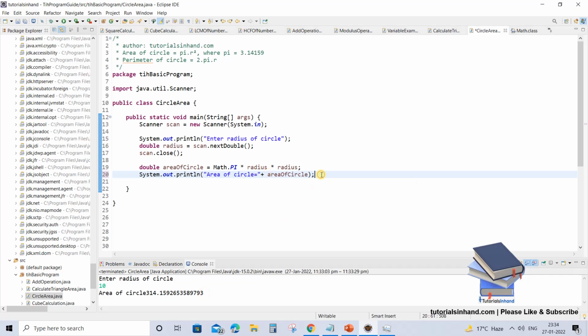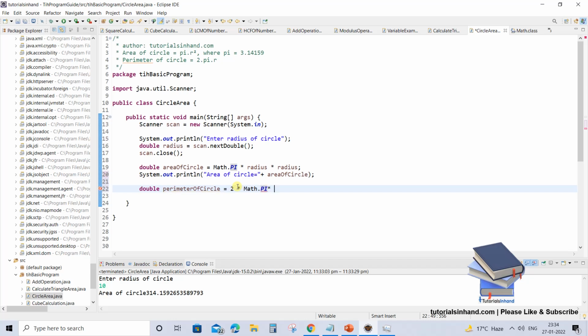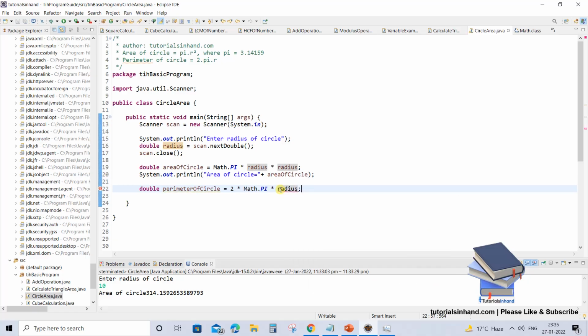Now since area is completed, on a similar line we can also print the perimeter of a circle. For this formula, I expect now that you will be able to do it on your own, but let's see that also. Now again give a proper name, "perimeter of circle is equals to". Now what is the formula? 2 pi r. Now use 2 into, now for pi again use Math.pi, the value would be fetched at this place, and then again you have to multiply it with r, that is radius. So have rad and press Ctrl+Space, get the proper name radius, and then the result is calculated over here, which is getting stored in the perimeter of a circle variable, which is of type double.